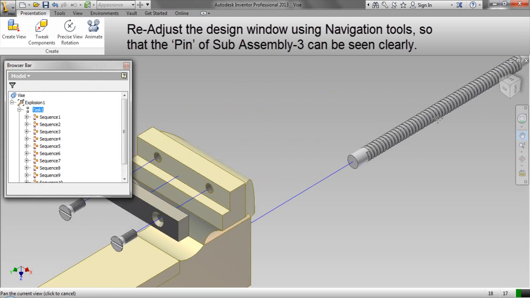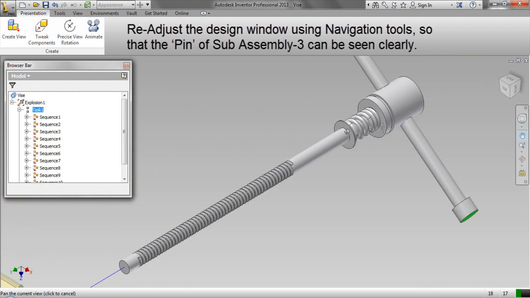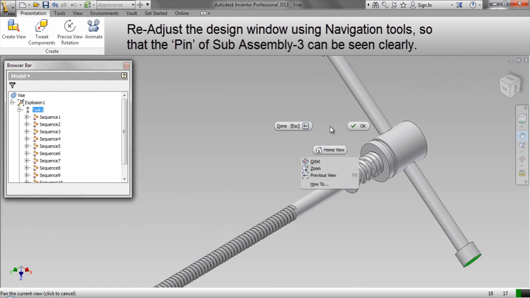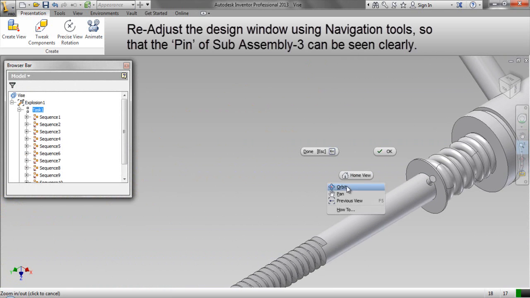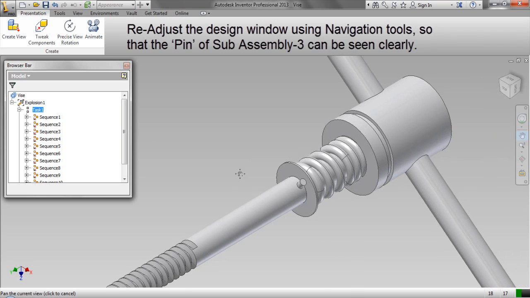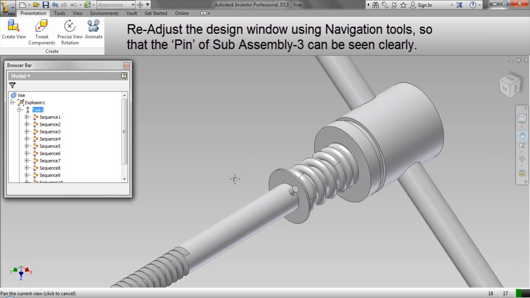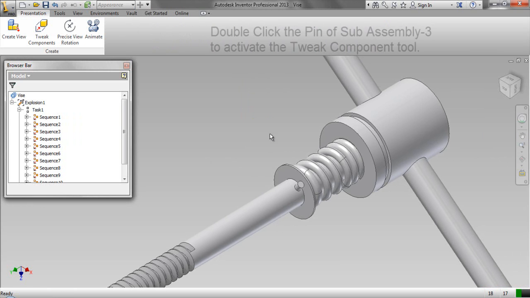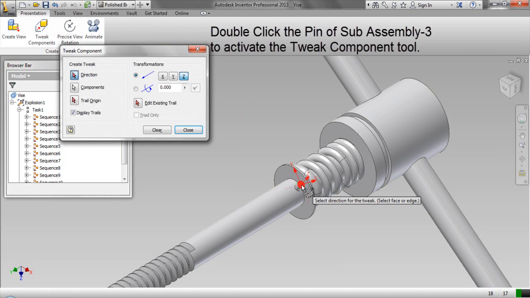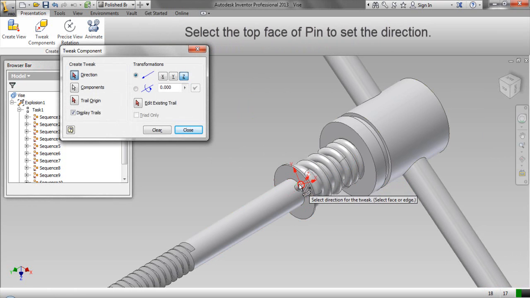Readjust the design window using navigation tools so that the pin of subassembly 3 can be seen clearly. Double-click the pin of subassembly 3 to activate the Tweak Component tool.